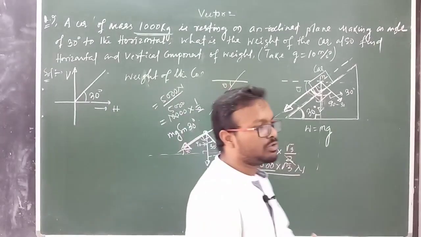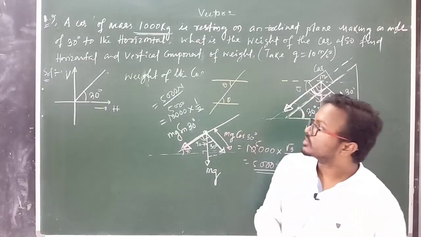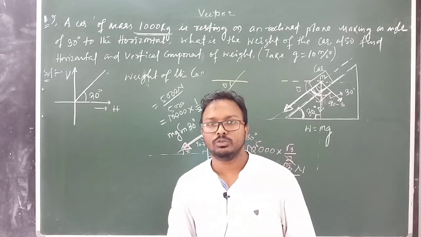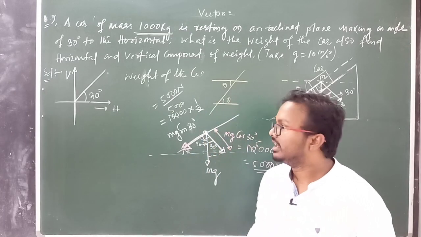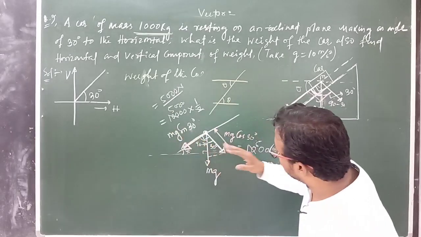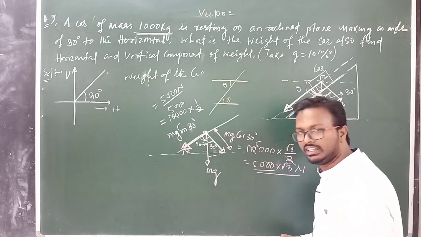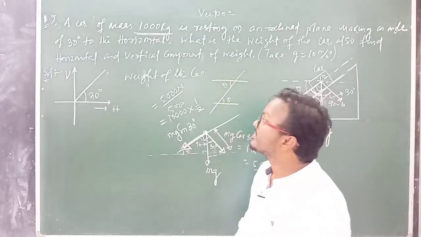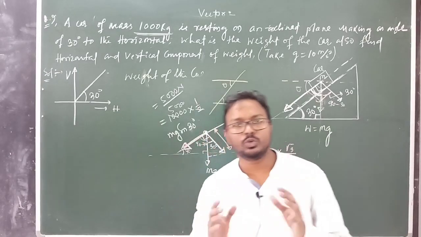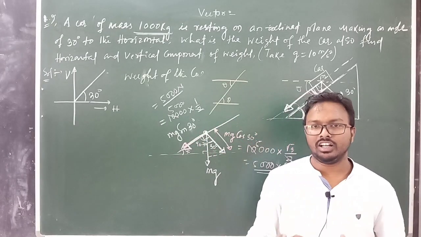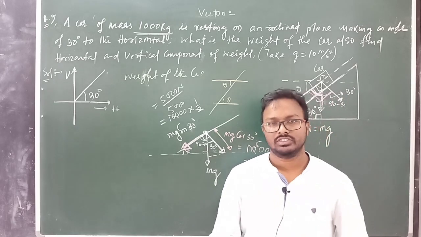These are all about vector problems. So we solved addition of two vectors, rectangular components, and how to find the rectangular components of a vector. This is vertical, this is horizontal, and we already found the resultant of two vectors by using the triangle law and parallelogram law. Clear? Thank you all.